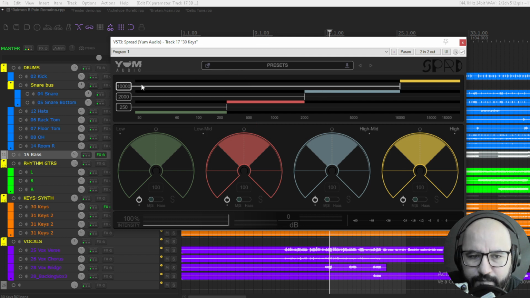Here at the top you have the different frequency ranges. This dark green color is for the low band, and here you can spread or collapse to mono this frequency range. For instance, here from 200 Hertz and below, it's going to be affected by this control or knob. So if I have a sound like this,